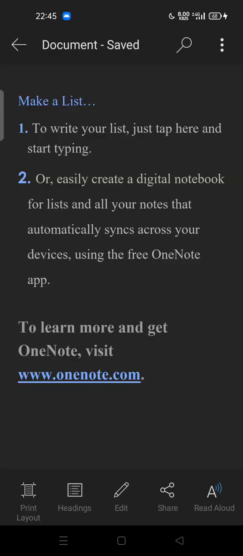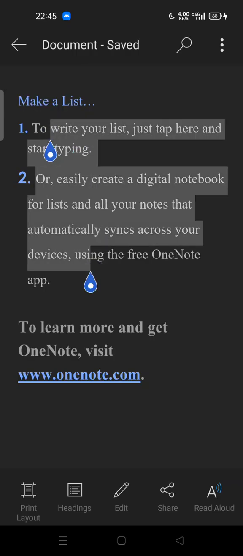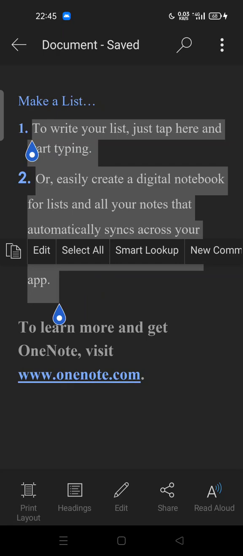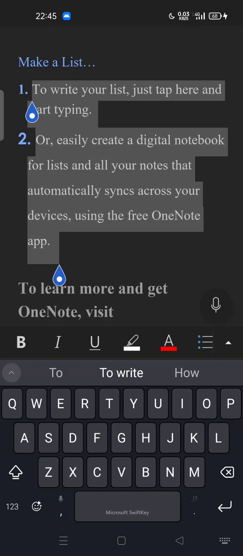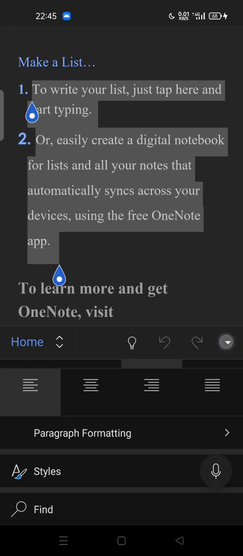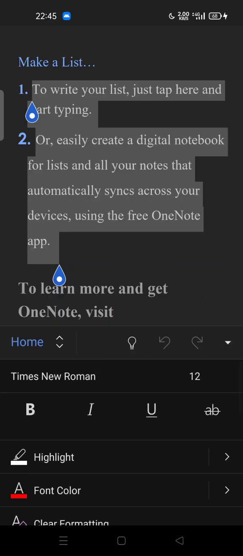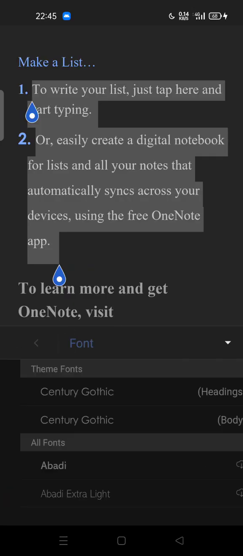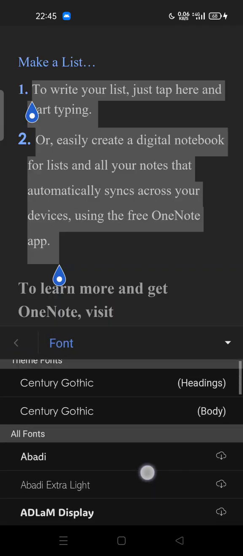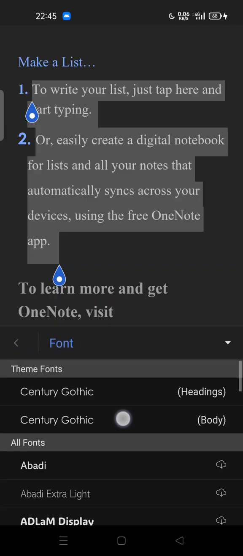And in order to change the font style, you can block the text that you want to change the style of. And here you can tap the edit or pencil icon, and there is an arrow here. Please tap it, and here there is Times New Roman by default, and in order to change it, just tap the Times New Roman. Here you can change into the Gothic one